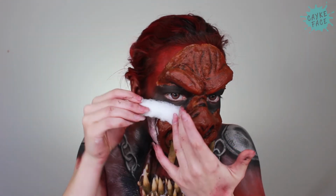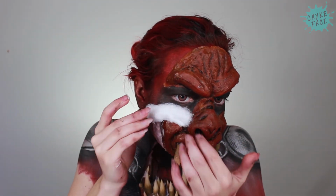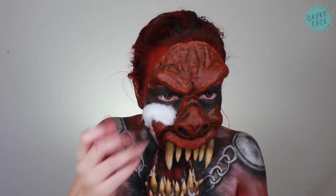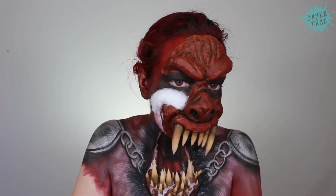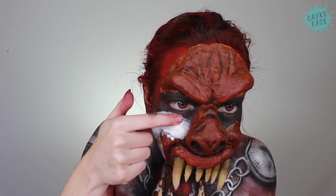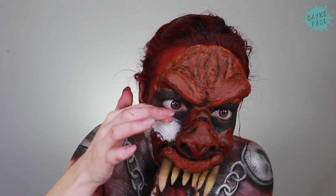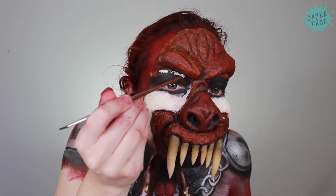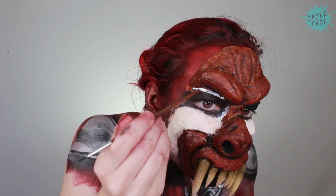I wanted to make the cheekbones look pretty high up to make it look like the mouth is actually roaring. So I think I did about 3 or 4 layers of the cotton and latex. I'm also taking a little bit of latex on the end of a brush just to start blending out the